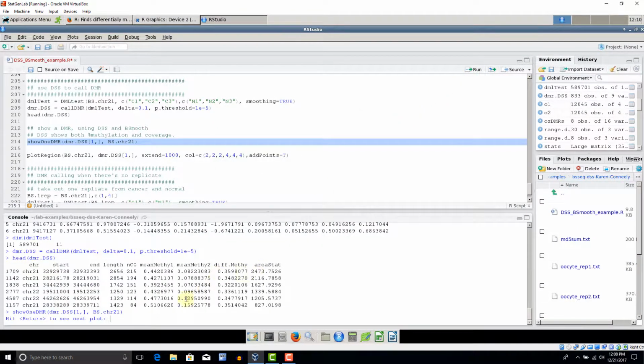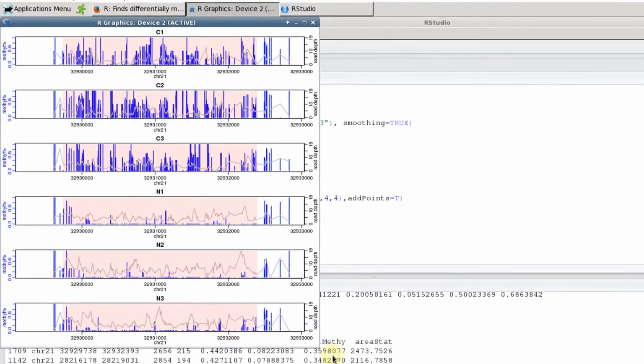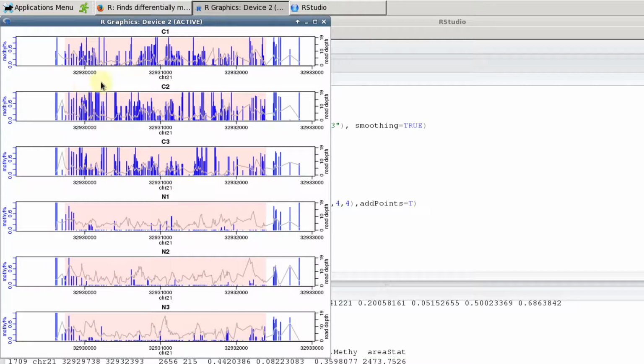So the showOneDMR function will make a plot. And I like these because they show each of the samples on its own plot. And this is good when you have small numbers of samples; this is a nice way to look at it. So this is a promoter region, it looks like,